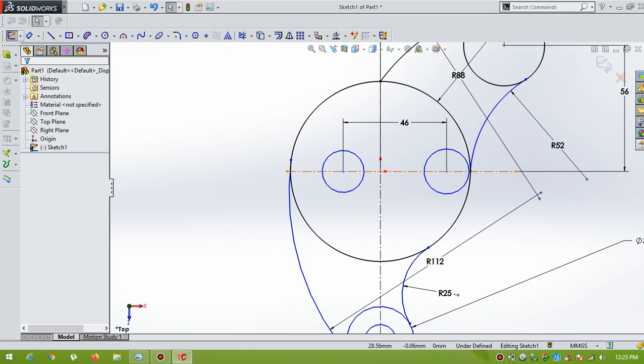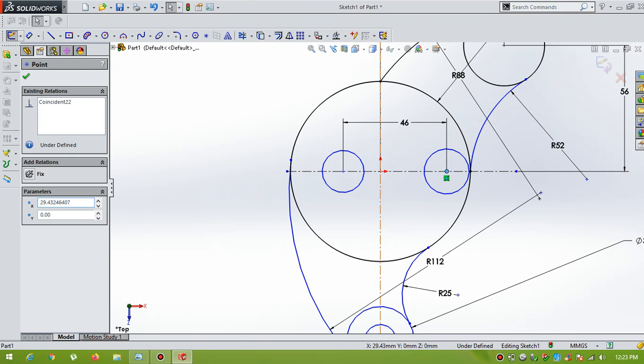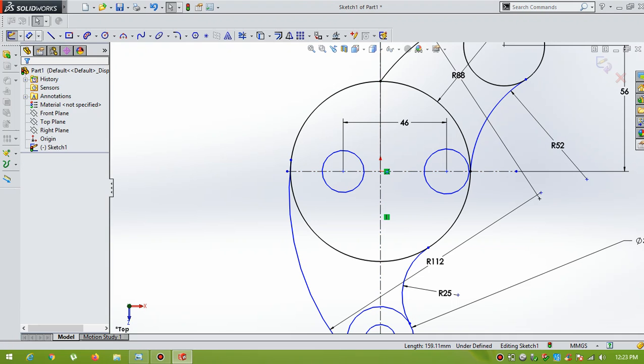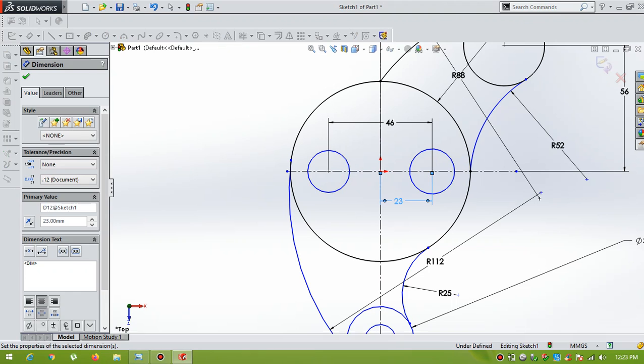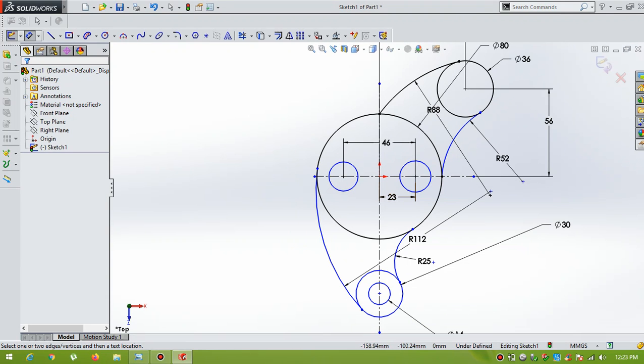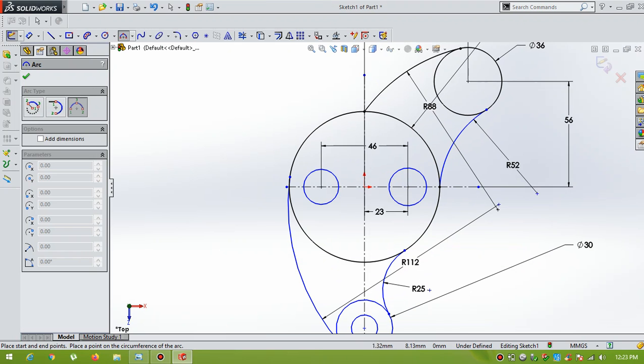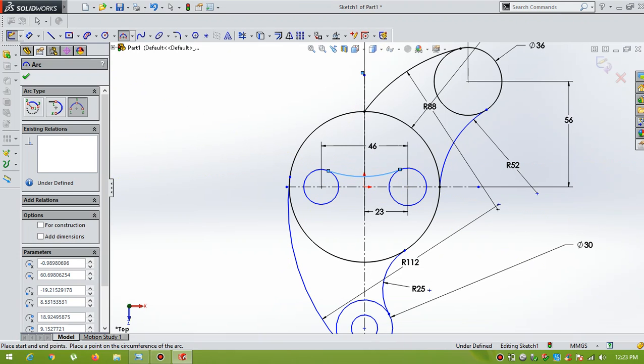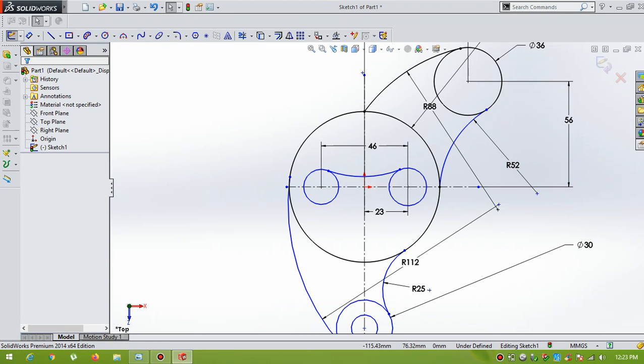And here select three. Okay. R24. Go for Smart Dimension, change the arc radius to 24.